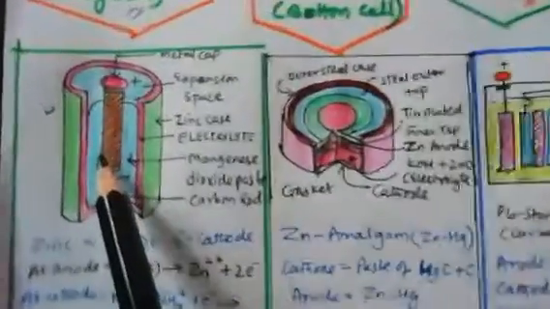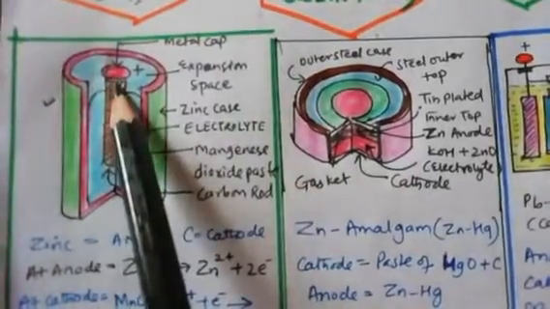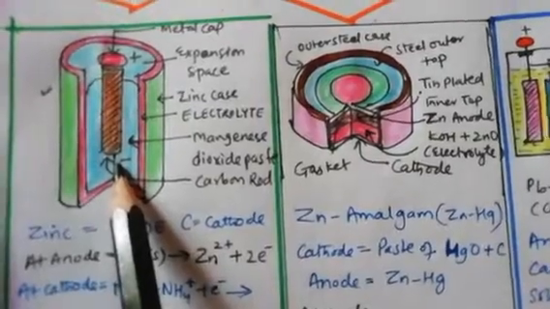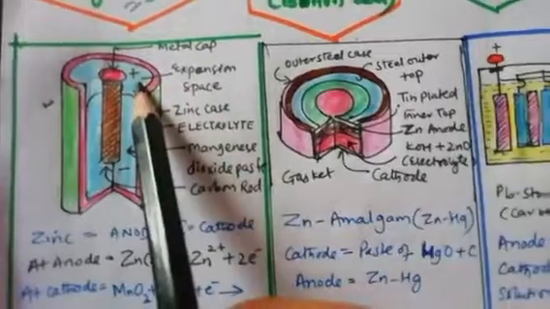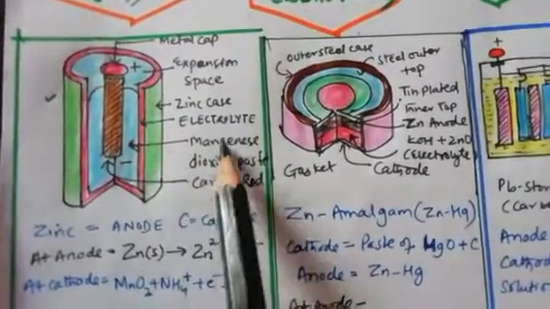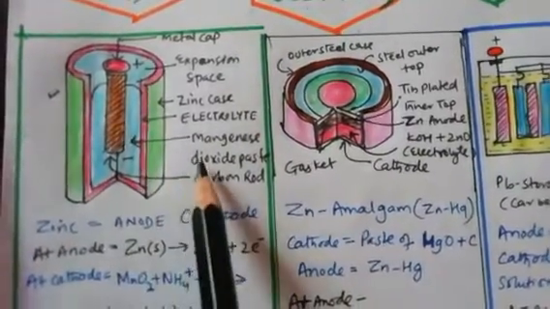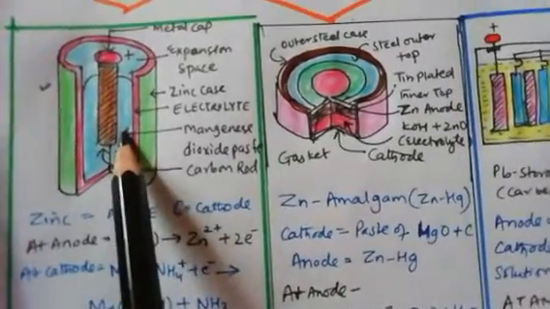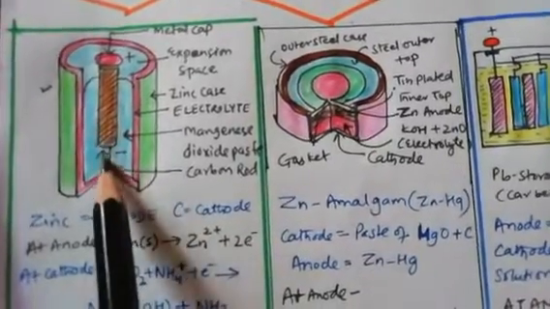This is the structure diagram of the dry cell. You can see one metal cap, the positive end, and one end terminal, the second terminal, which is the negative end. You can find positive and negative in every type of battery. This is the expansion space, and the outermost case is the zinc case. This is the electrolyte solution. Electrode and electrolyte are the two basic things that make one cell. This is the space with manganese dioxide, which helps generate electric current from the chemical reaction. This is the carbon rod which carries the current.